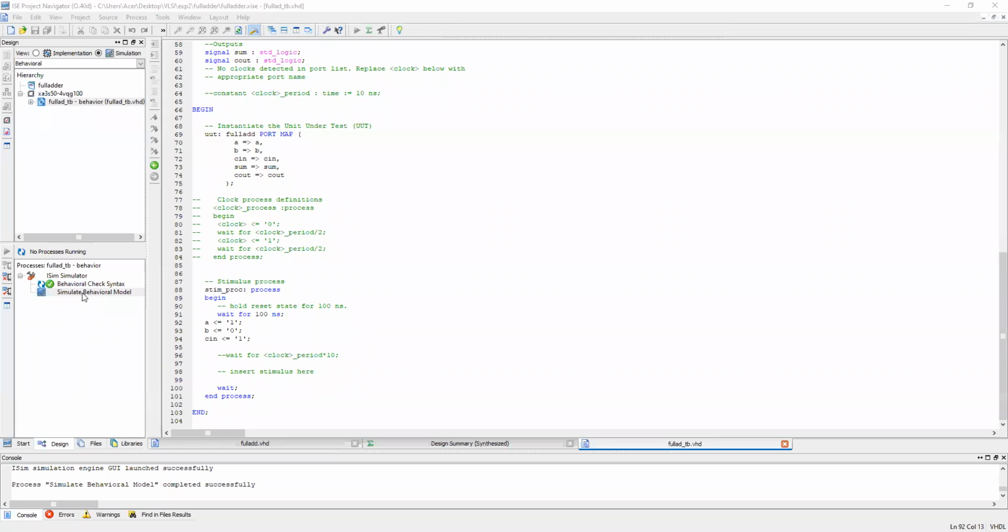At this exactly 100 nanoseconds, what is the output? For 101, sum is 0 and C out is 1. That means whatever code we have written, it is valid and it is right.